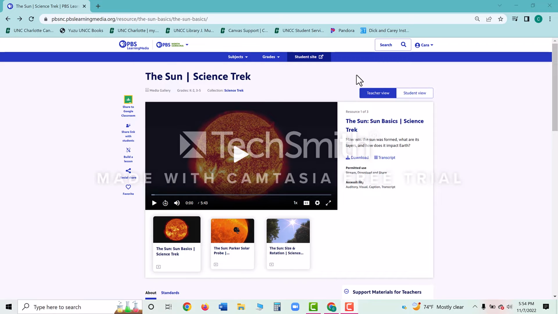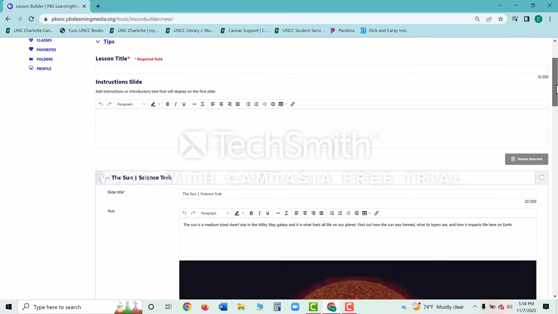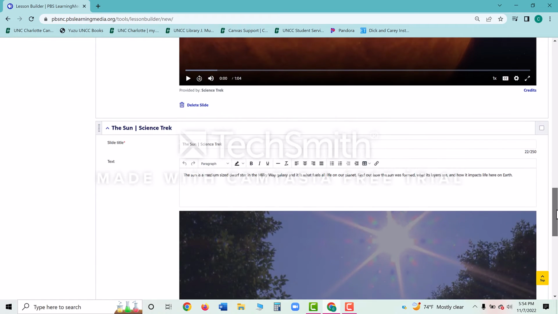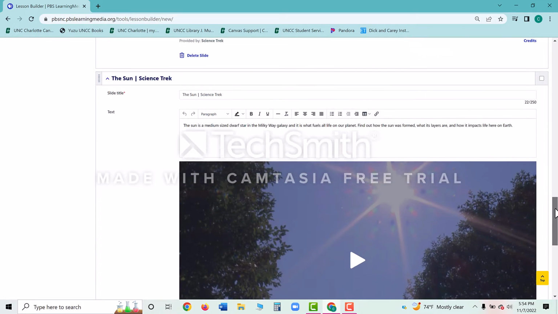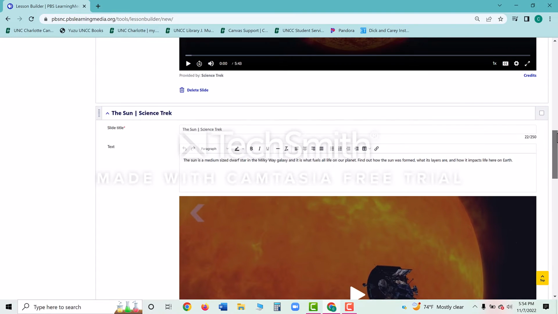Now it's time to build our lesson. There are a couple ways to get to the lesson builder page. First, underneath your profile on the top right here, there's a drop-down menu where you could click on Lesson Builder. I would suggest, if you've already chosen your media, to use this Build a Lesson button on the left side of the media, and when you click on it, it will have already embedded the media into your lesson, which is so convenient. Ta-da! And as you can see, they've also auto-filled these slides that you'll be sharing with your